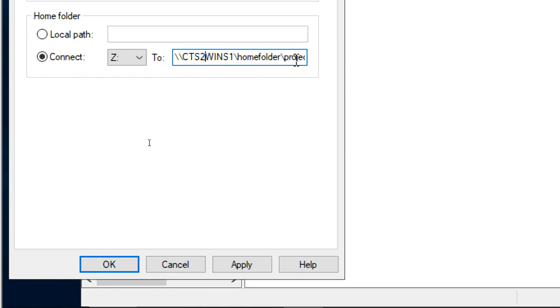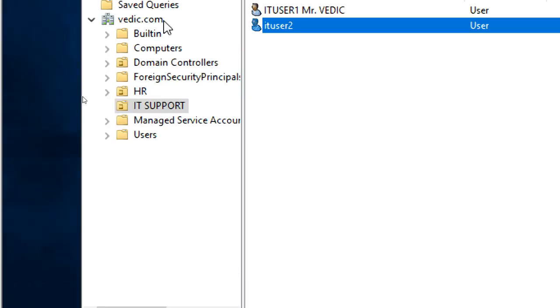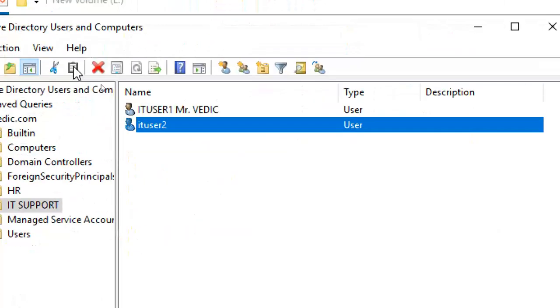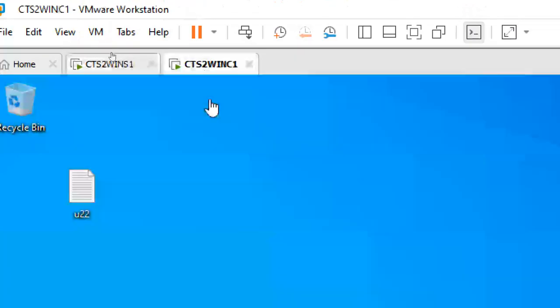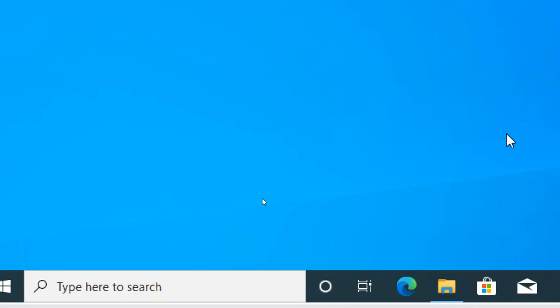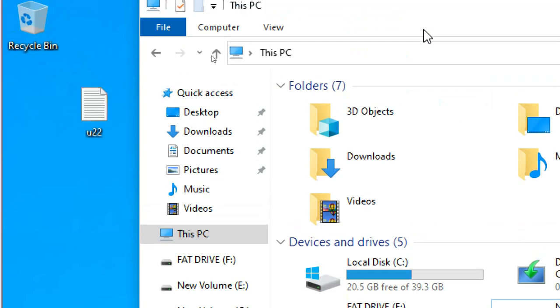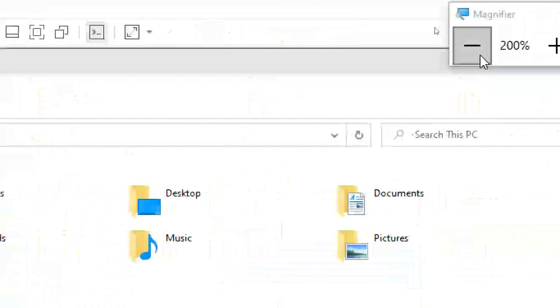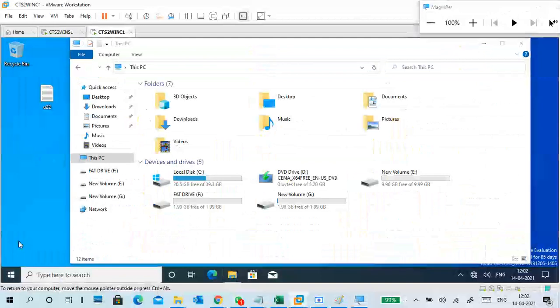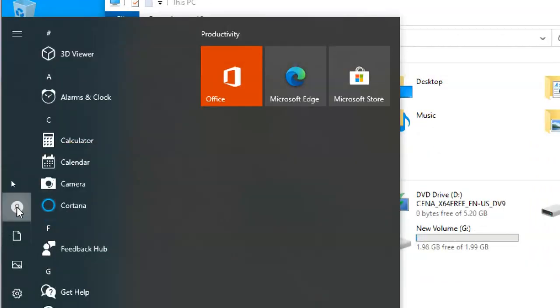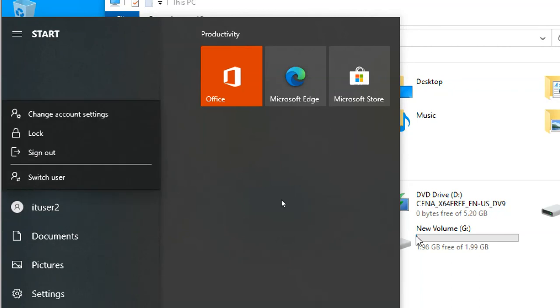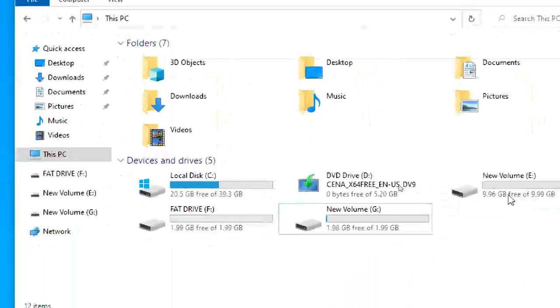So I pasted this one, project S1. Apply. It is not showing any error. So no problem. If you want, you can refresh once. Then go to the client, and this is user 2, right? I gave it to user 2 directly. So this is also user 2, this is also user 2, user 2, right? But in this PC, it is not.